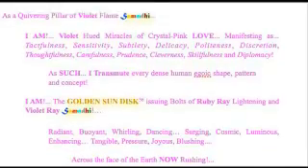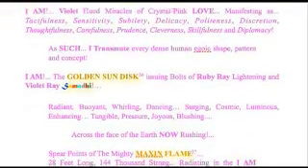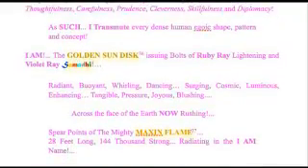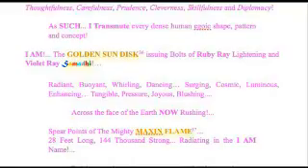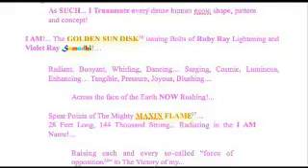I am the golden sun disk, issuing bolts of ruby ray lightning and violet ray samadhi. Radiant, buoyant, whirling, dancing, surging, cosmic, luminous, enhancing, tangible pressure, joyous blushing, across the face of the earth now rushing. Spear points of the mighty maxim flame, 28 feet long, 144,000 strong, radiating the I am name, raising each and